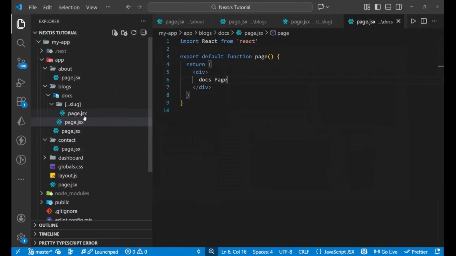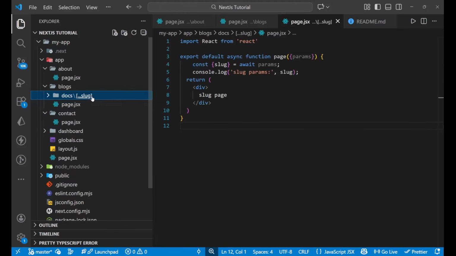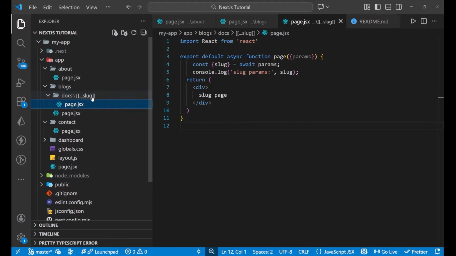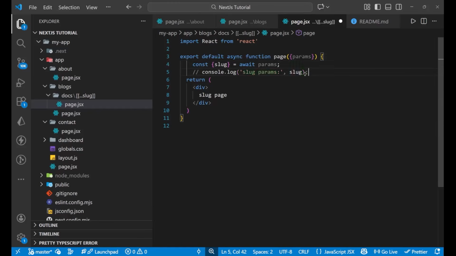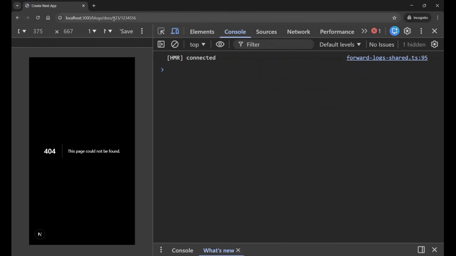Now let's say I don't create this particular page.jsx for this docs, and instead I simply rename the folder to double brackets, right? Now let's save it, and let's not call anything from here. Let's remove all these things from here. Fine. Now when I come here to this docs,